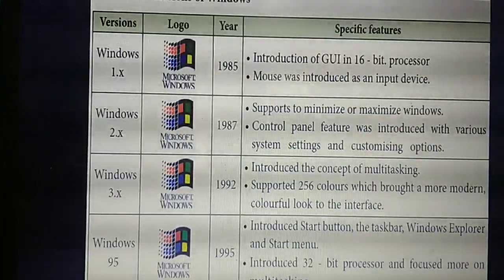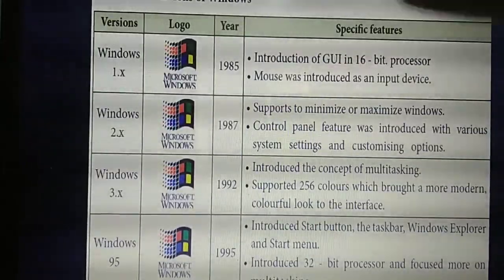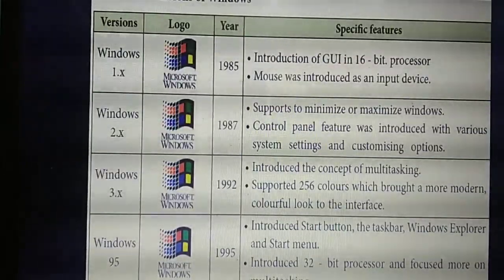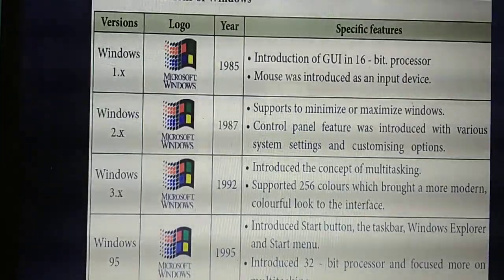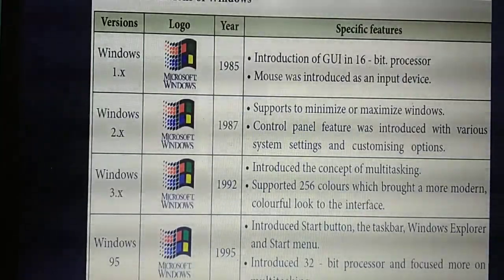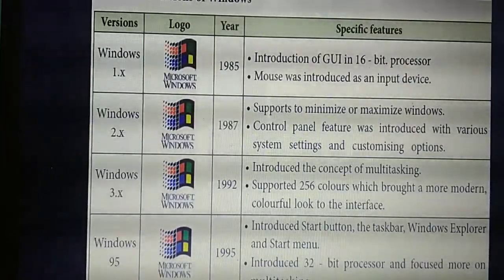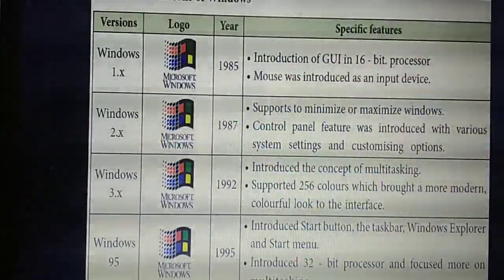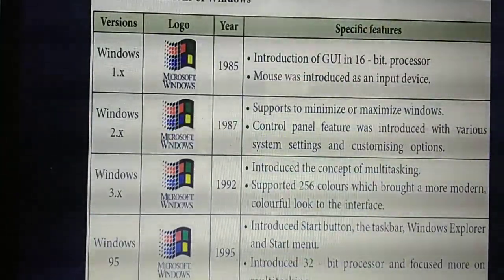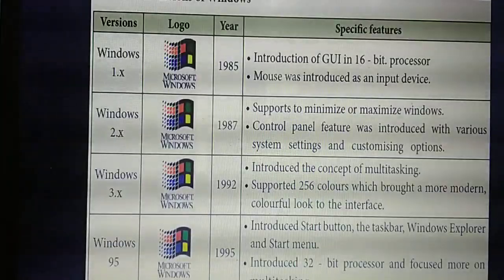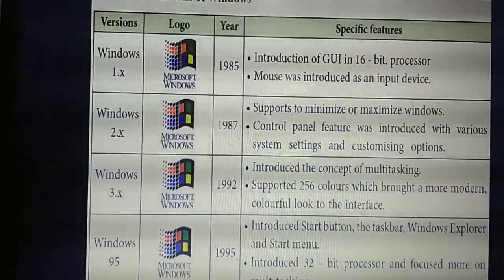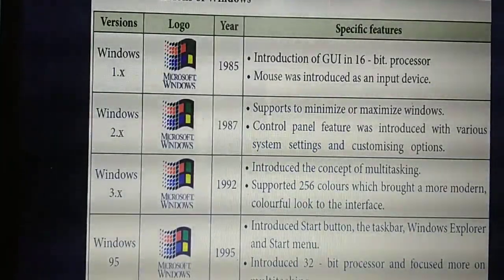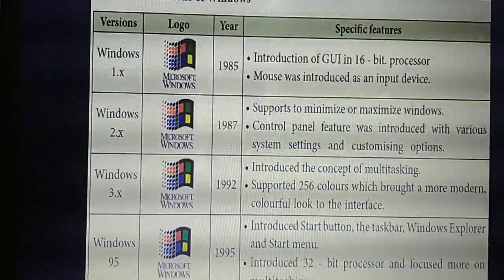If they ask this as a 5 mark question, you should make one tabular column like this, similar to the first chapter on generations of computer, and write. This diagram also you should draw. Simply by marking you can draw, no need to draw the exact one; by pencil you can mark like this.